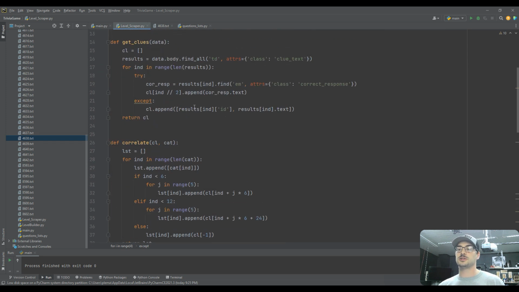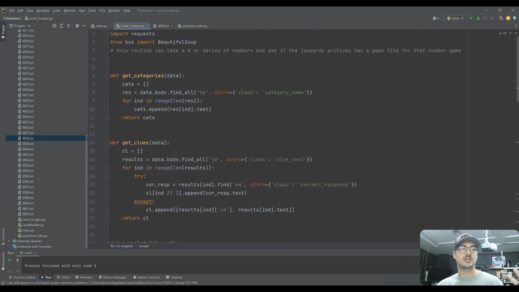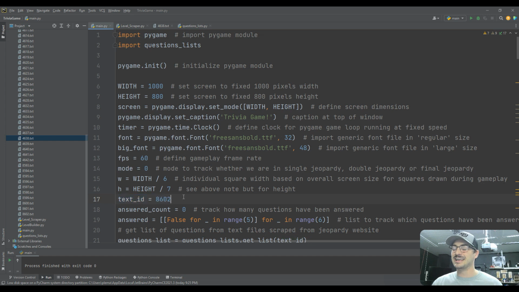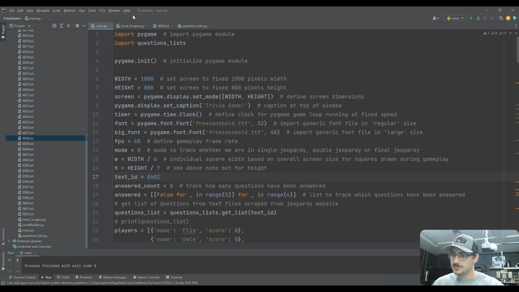But not going to spend too much time on this one. It pops into the Jeopardy archives, which is just an awesome fan-run website. And then it will export the level to a text format. Now, before we get to the main.py, again, as I alluded to a little bit earlier, I built most of